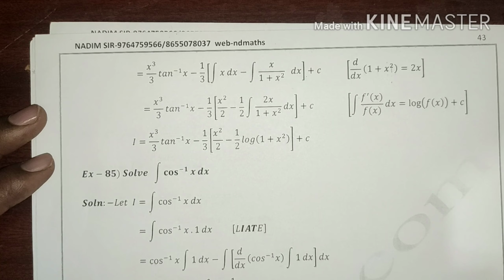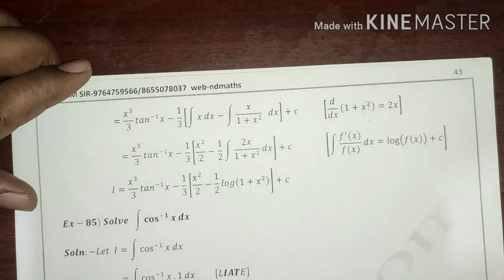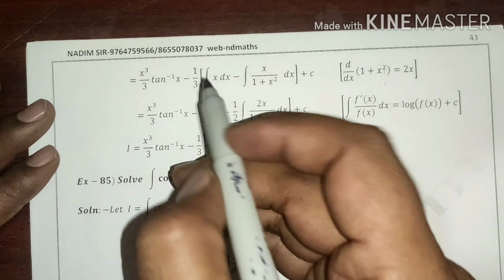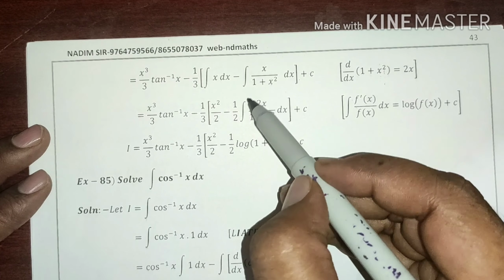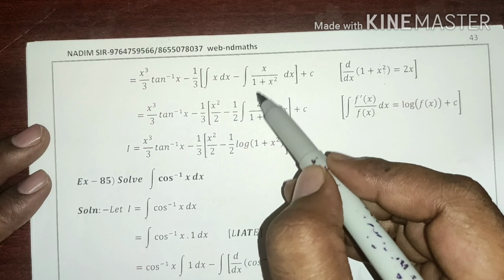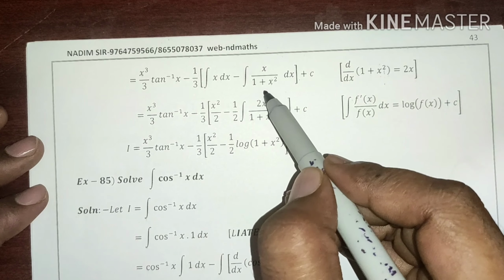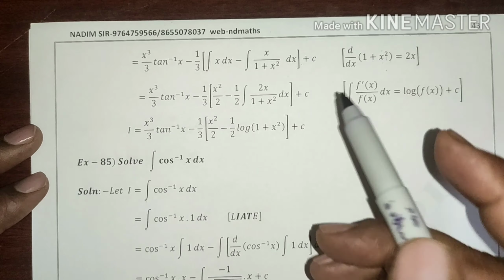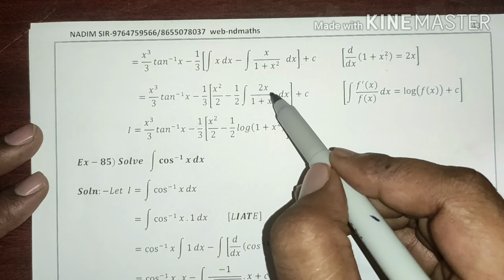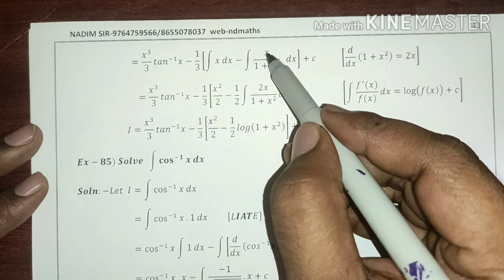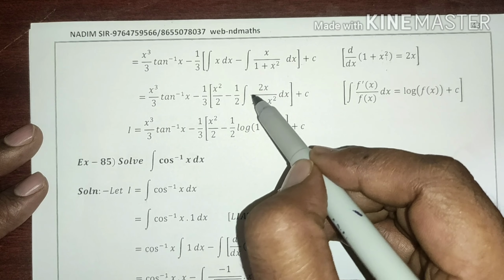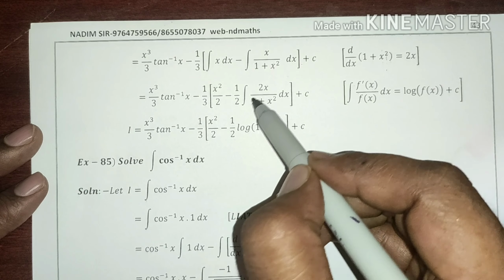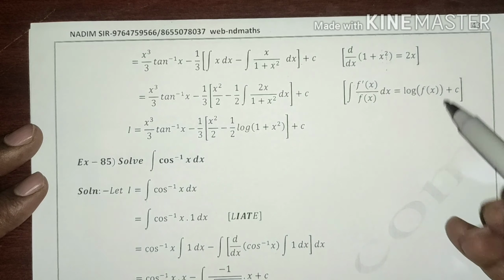See there. So first of all we integrate separately; we have separated the integration first. After that we adjust this. As we know, the derivative of 1 plus x square is 2x, because the derivative of 1 is 0 and the derivative of x square is 2x. So the derivative of 1 plus x square is 2x. So that's why 2 is there. So we multiply by 2 and divide by 2 for adjusting this.